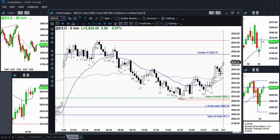The E-mini is opening up around unchanged. We had a gap up yesterday, a bear channel, and a late bull breakout. And the bulls are hoping that the bear channel was simply a bull flag. Now we have 3 pushes up, 1, 2, 3, and we have a whole bunch of targets on the chart